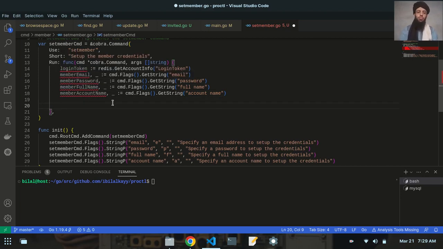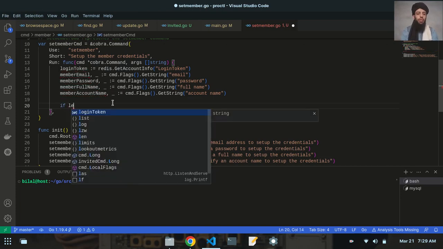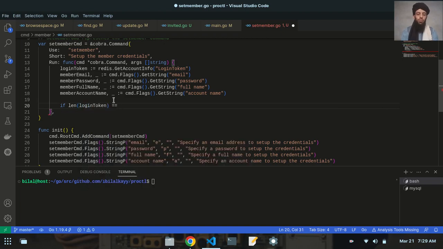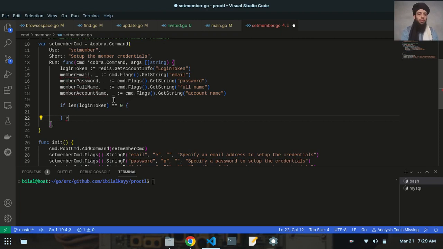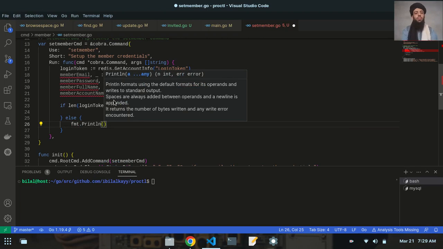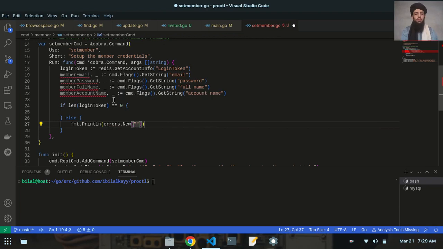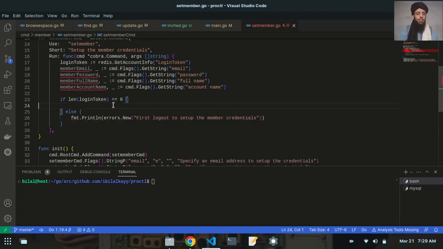So what I will do, I will first of all write if length of login token is equal to 0, then it will give me the message. But first of all, I will give the else message also, that print line, errors new, and I will write first log out to set up the member credentials. First log out to set up the member credentials, and then what I will do, I will write if